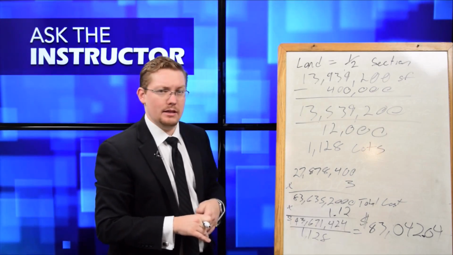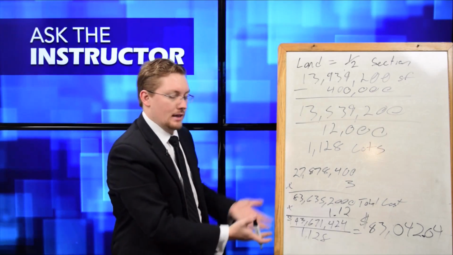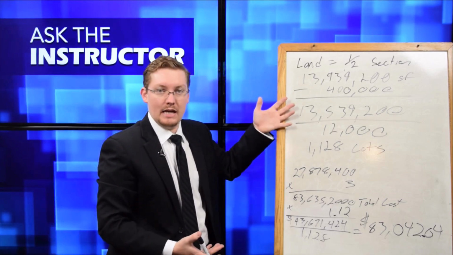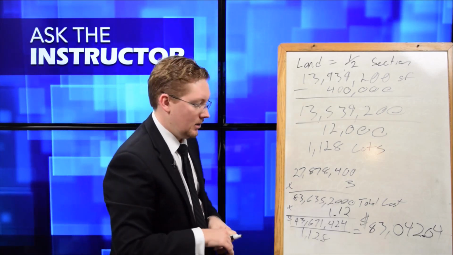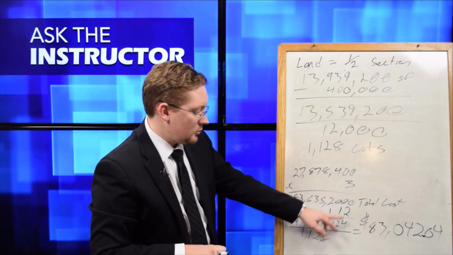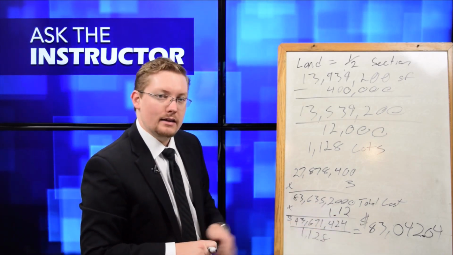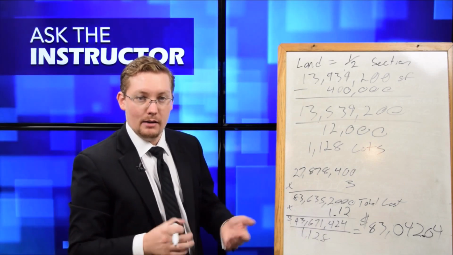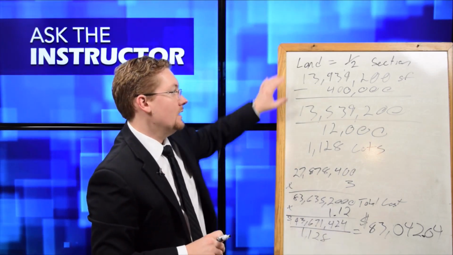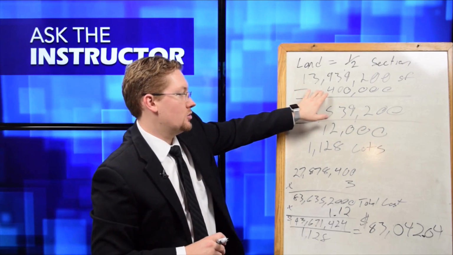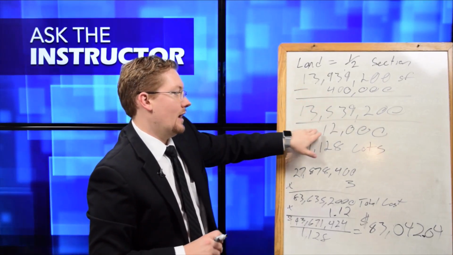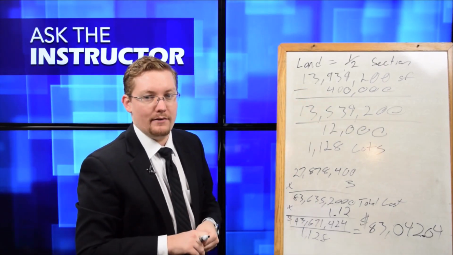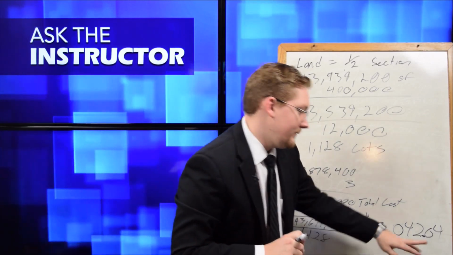I could have put 3 times in there and it would have been the same thing you would have solved. You just would have done 3 times the land cost instead of just 2 times the land cost. Then we had to factor in our 12% profit. And then once we had all that, all we had to do was divide this out by our number of lots, which was 1128. The total square footage minus our square footage for the streets, divided by 12,000 for the minimum lot requirement. And we need to sell each lot for